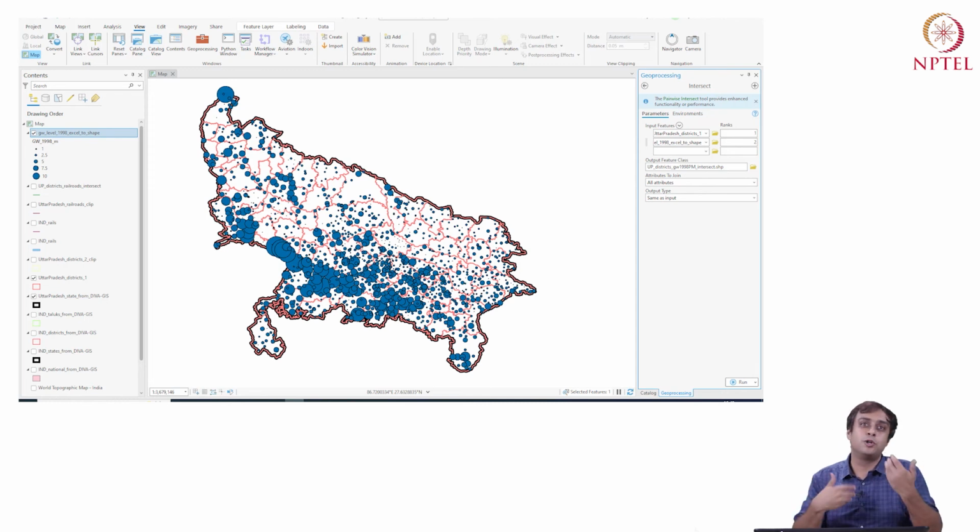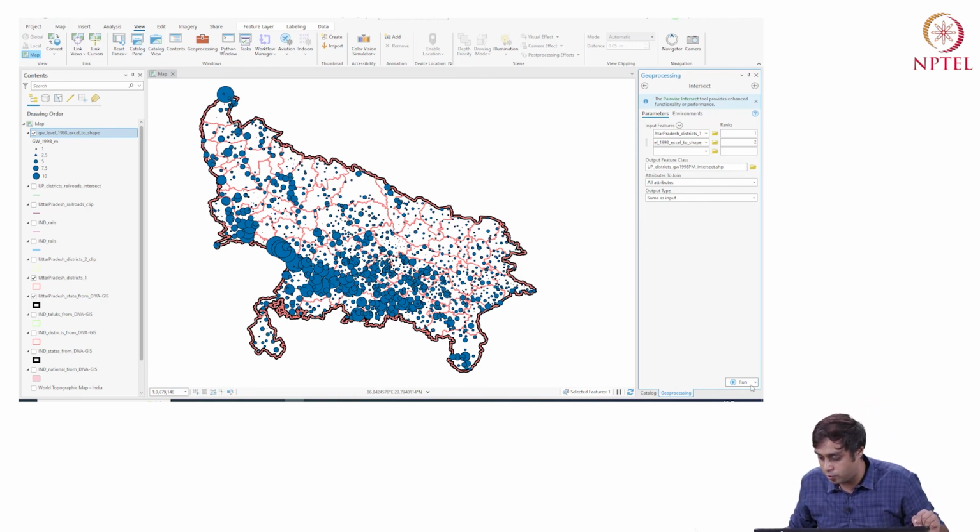But I could also do it, if I did not have that identifier in the groundwater data, I could still use the lat long information and then join it to the districts. Okay, you could do it to taluks, right? So the original groundwater file does not identify which well falls in which taluk. Well, by intersecting the data, you could actually join the taluks to the individual groundwater wells. Actually, you should do that as a homework, right?